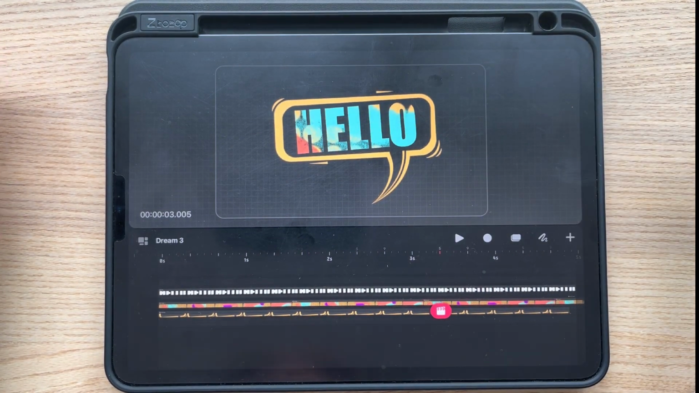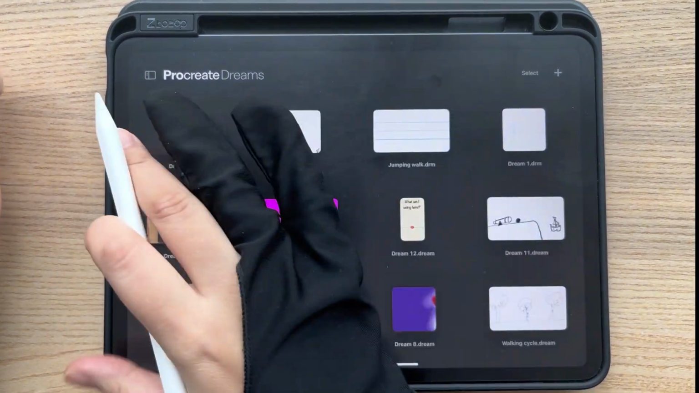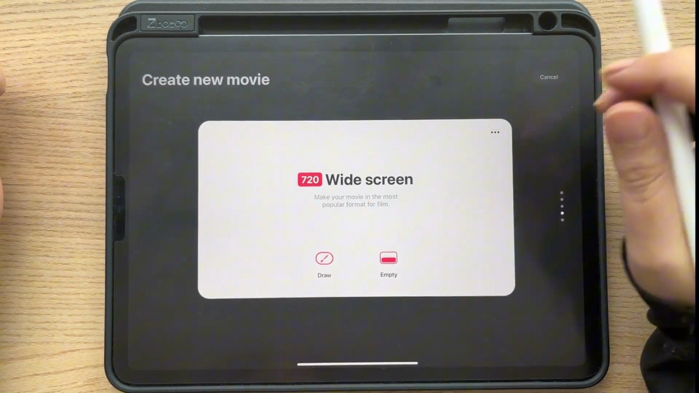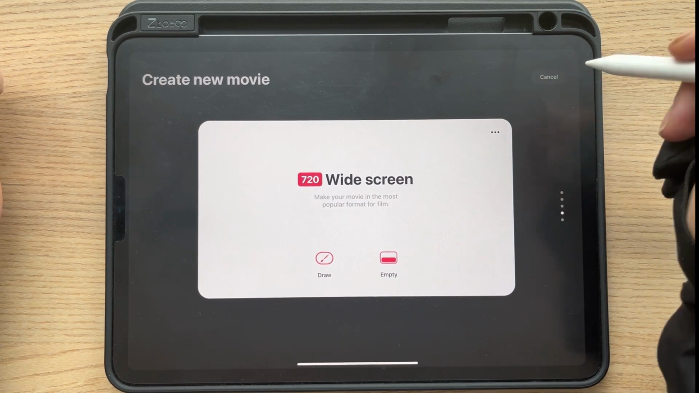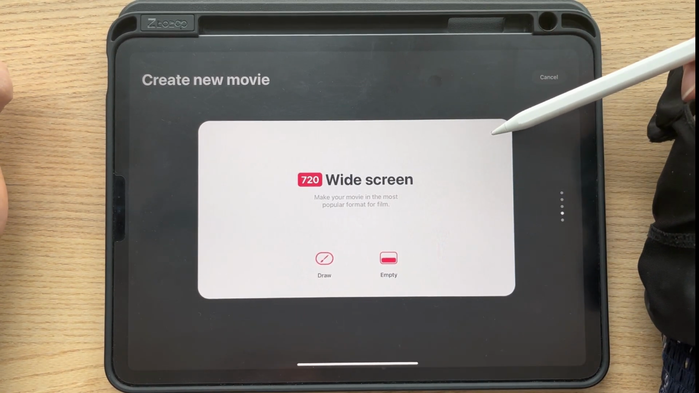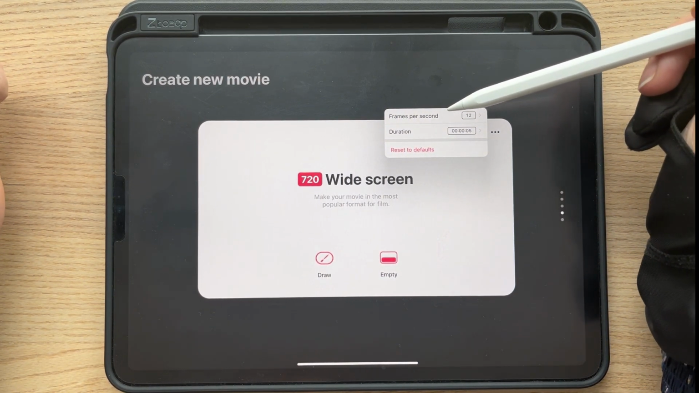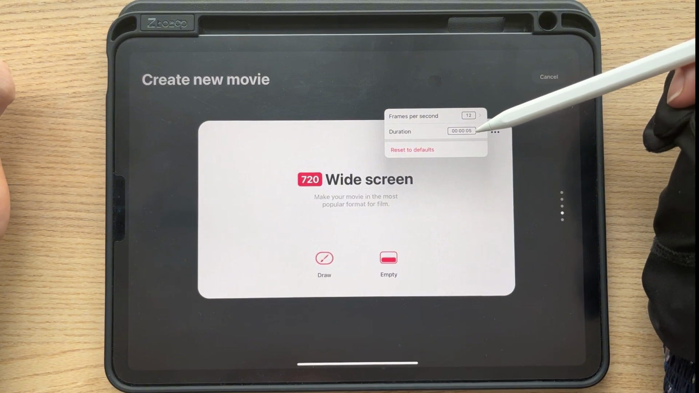Okay, let's stop here. And I'm gonna go back to my timelines, to the new one, a new movie, on the plus button on the top. And I will choose this white screen. In the three dots here, I have 12 frames per second animation and the duration of 5